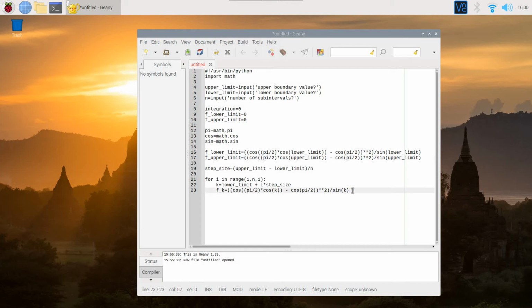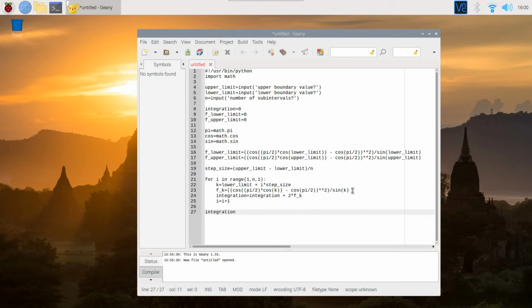Next, we go ahead and do the integration sum. Why we use a factor of 2 here is how the trapezoidal rule is defined. Next, we go ahead and increase our counting variable. And now we do the final summation